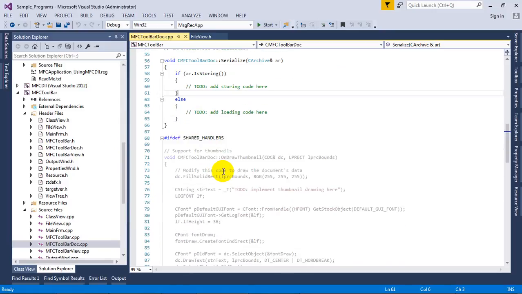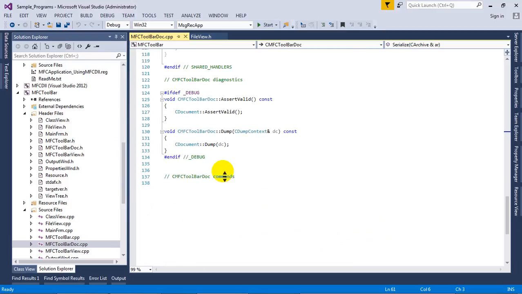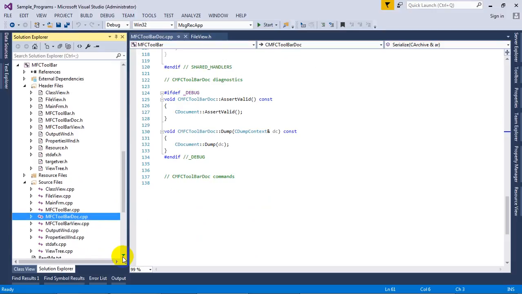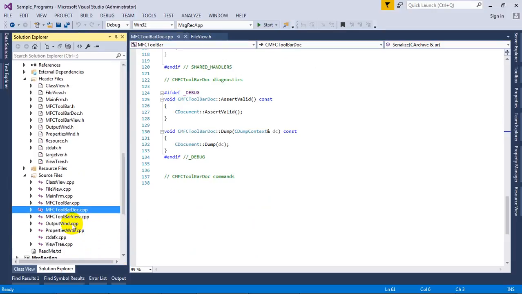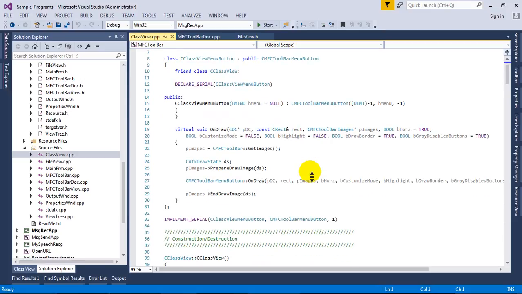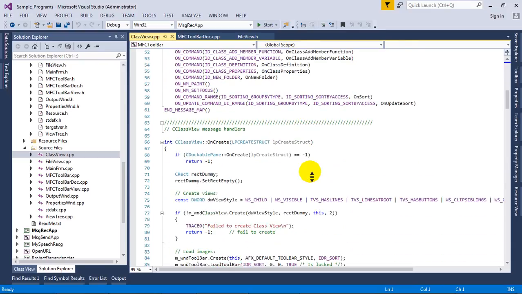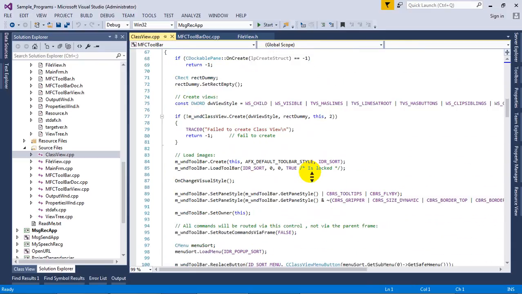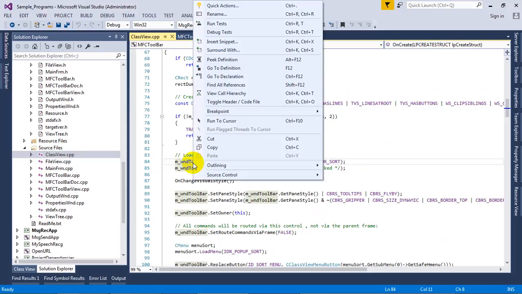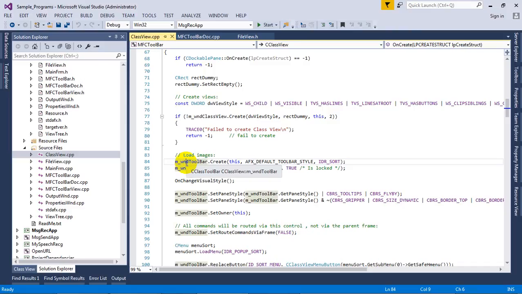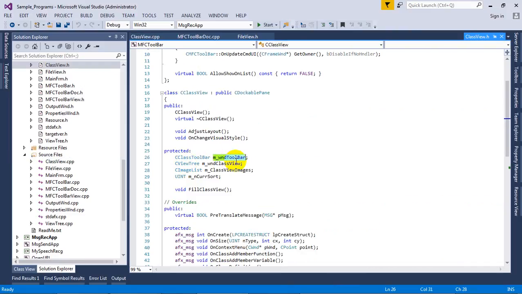The next thing about the Visual Studio text editor is navigation. Navigation from declaration to definition and definition to declaration is very easy in the Visual Studio text editor. Say for example you are looking for this variable's declaration. What you can do is right click on it and go to declaration, or use the shortcut F12, and it will take you to the particular